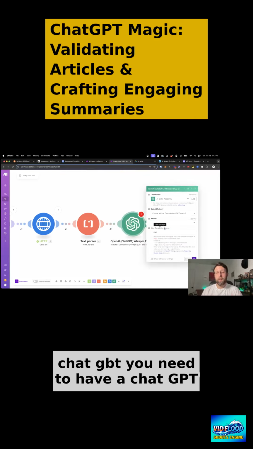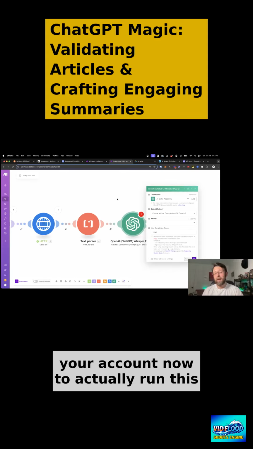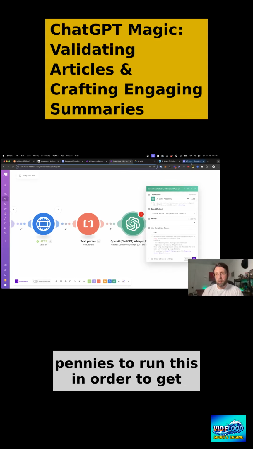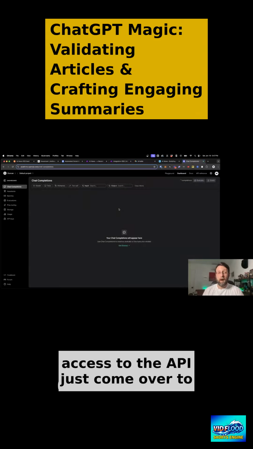In order to be able to hook up the API for ChatGPT, you need to have a ChatGPT Plus account and a couple of credits in your account. Now, to actually run this, it's incredibly cheap. It literally costs pennies to run this. In order to get access to the API, just come over to